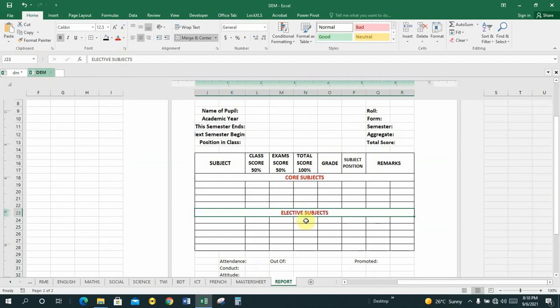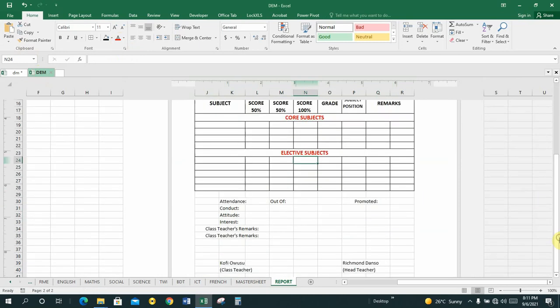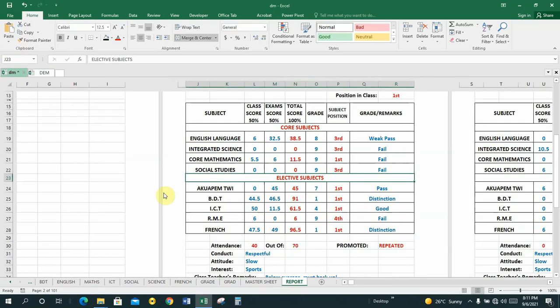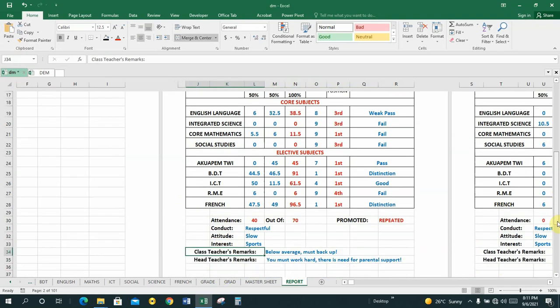So just select it. Let me count down here. Let me go to the attendance. Attendance is 12.5. Conduct 12.5. Attitude 12.5. Class teacher's